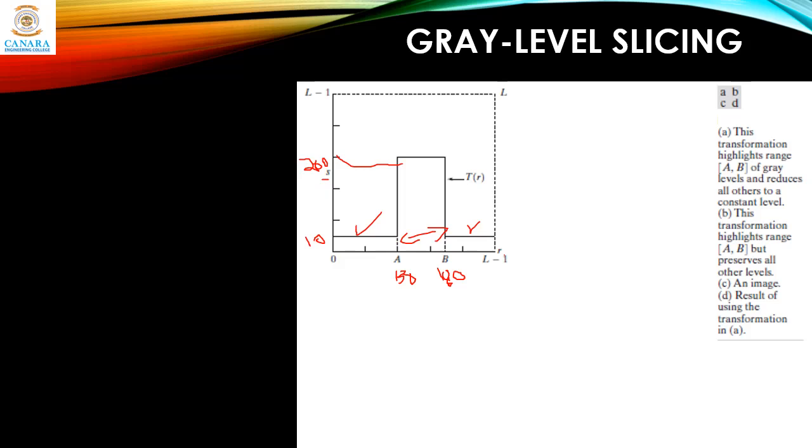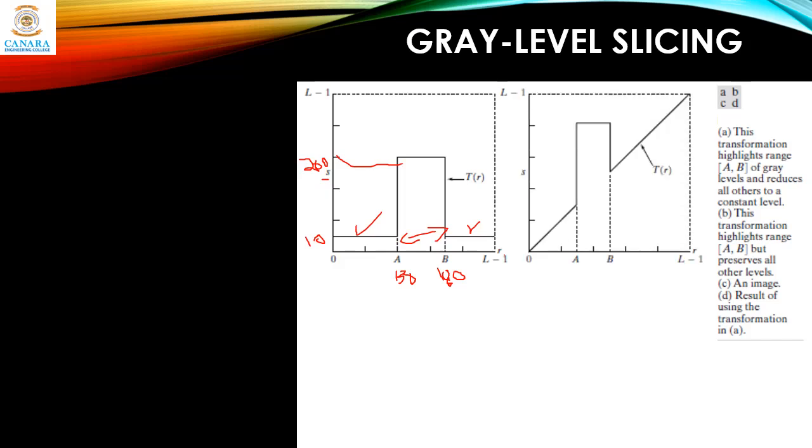And in the second approach, what we do is we preserve the pixel values as they are. We are not going to change them, but we will highlight only the specific range, like between A and B. For this image, I think it's 100 to around 150. That range is boosted to somewhere around 230. We change the levels to 230, and anything beyond B is kept as it is. So we are not going to change any pixel value. Only in the middle range we are going to highlight.